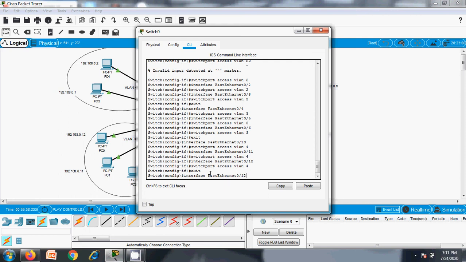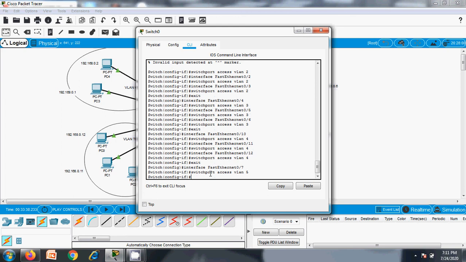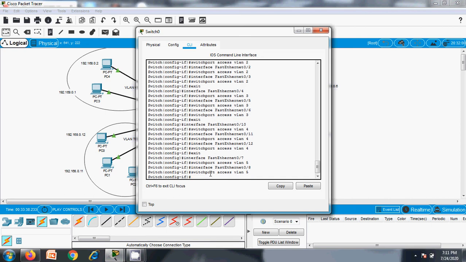Interface 7 needs to be configured to VLAN number 5, 7, 8, switchport access to VLAN number 5, 9, VLAN 5. Okay, so all done.